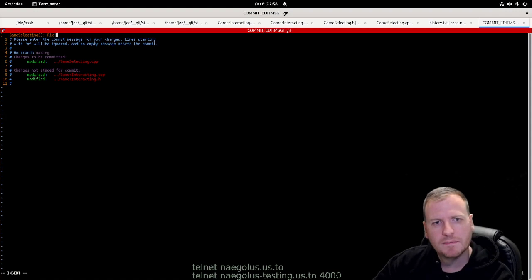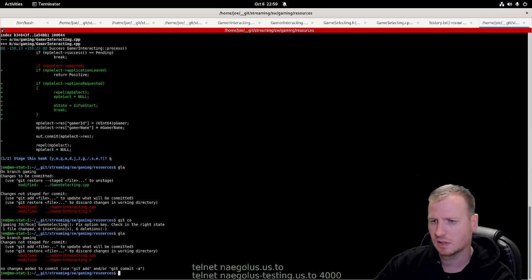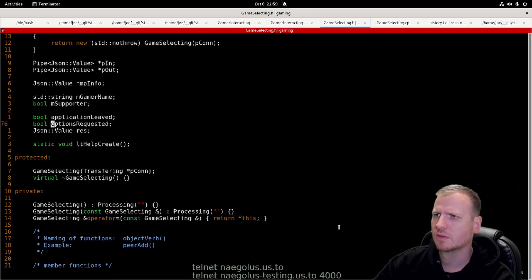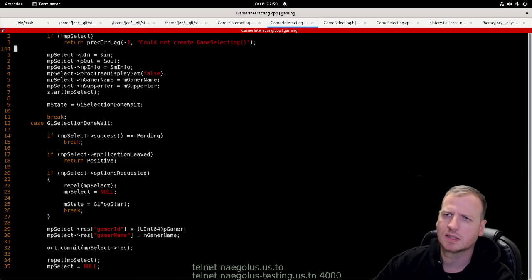Fix option key. Check in the right state. This was the only error. So, perfect. Now we have to make something similar